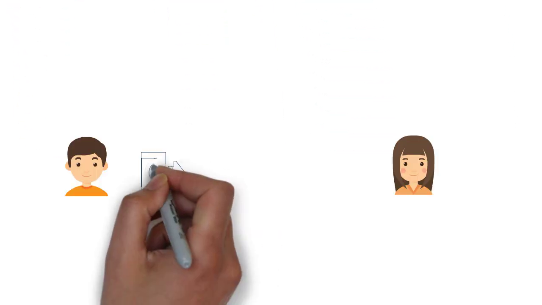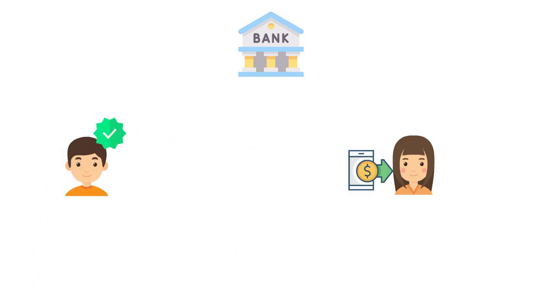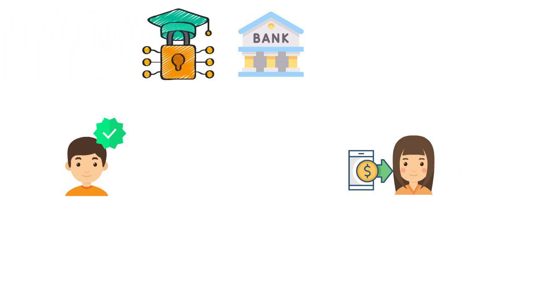If Bob said he gave Alice $10, normally we need a third party like the bank to verify that Bob exists, that he has funds and all that. Cryptography made us trust the computers. We no longer need a third party. Let's say Alice and Bob want to exchange some Bitcoin.